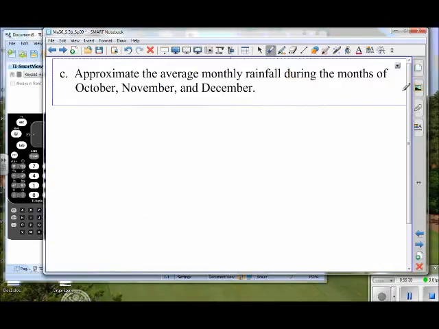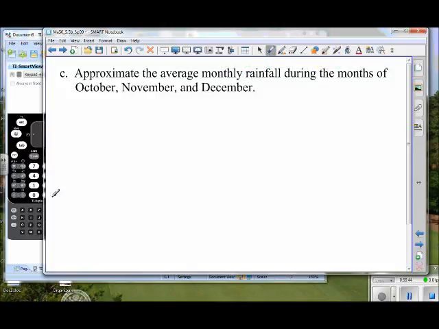Okay, our third and last part of this then is to approximate the average monthly rainfall during the months of October, November, and December. So if we're going to find the approximate average rainfall for 3 months, let's think of it as an integration now. We're not going to integrate from 0 to 12. Instead, we want to know what the months will be. So we're going to look at a total of 9 to 12,